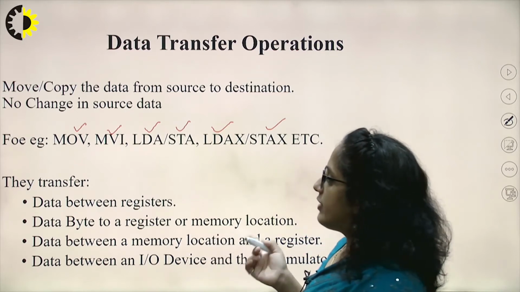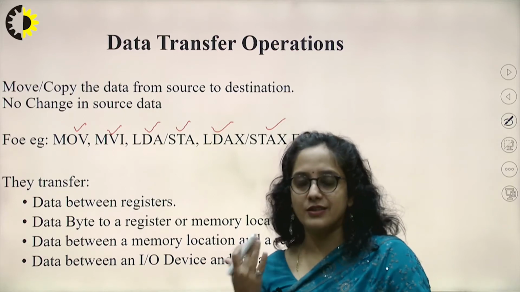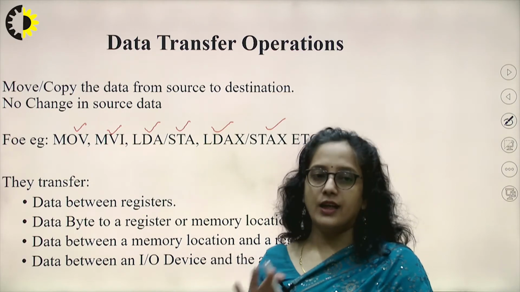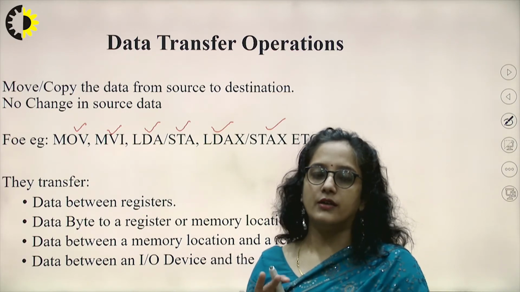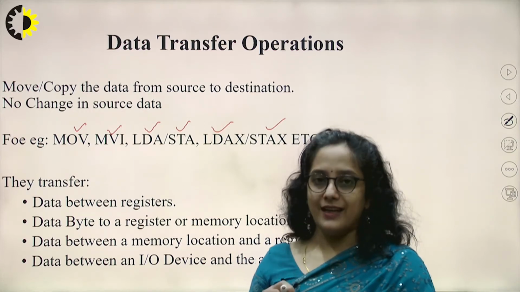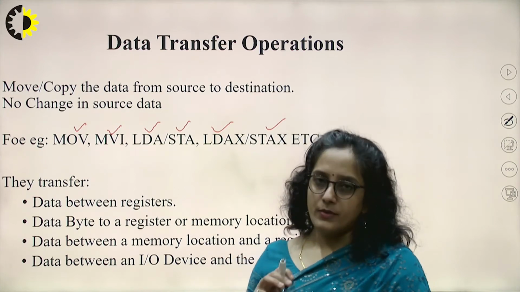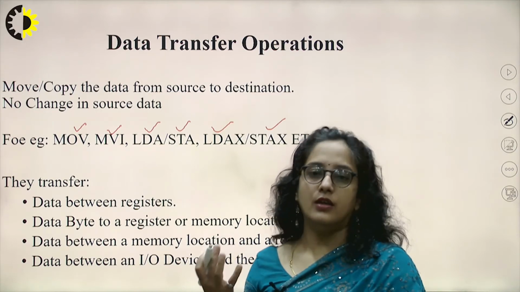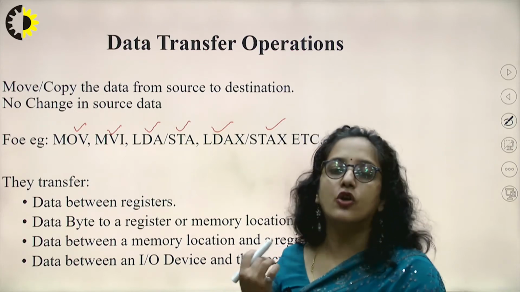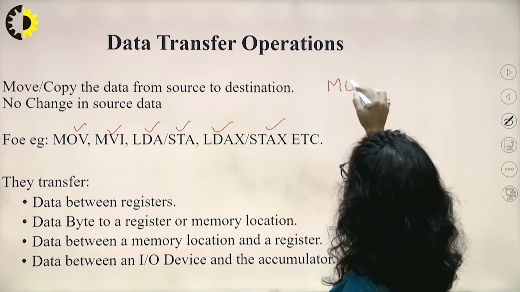So what will these instructions do? These instructions are used to transfer data from one register to another register, or from one memory location to another memory location, but not directly. If we have to transfer data from one memory location to another memory location, then the microprocessor takes the data from location X and stores it in a register, and from its internal register it will transfer that data to location Y. So this is one limitation of the 8085 microprocessor, where we can't have a memory to memory transfer.